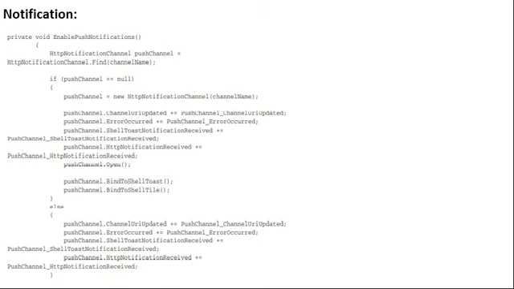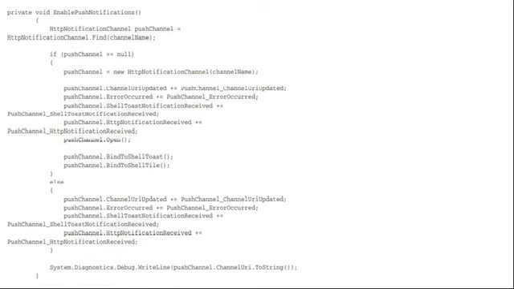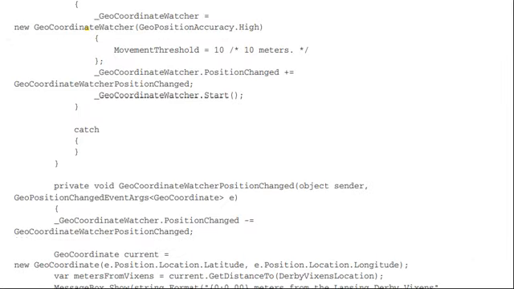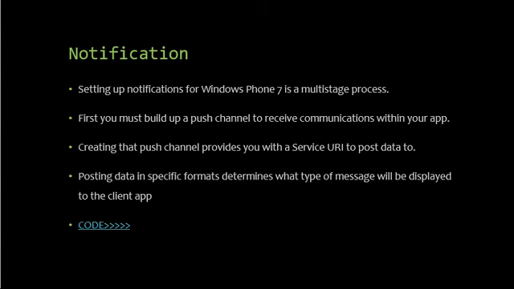And finally, the last line, System.Diagnostics.Debug.WriteLine, converts the notification into a string and writes it out. So that is all about your notification. Under notification, you want to send some information to the client, and that will be in the form of a notification. There are different types: a toast notification, a tile notification, or a raw notification.